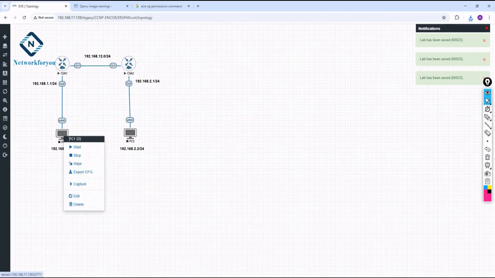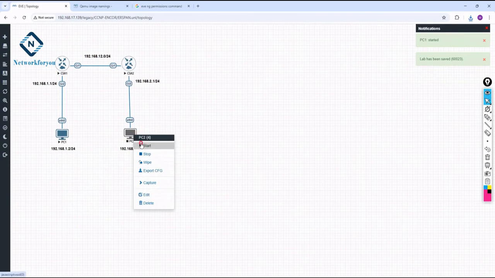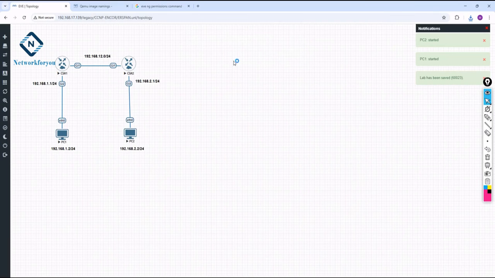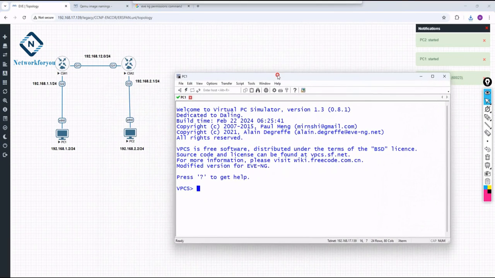Okay, now we can power on this computer, and we can assign the IP address to this PC first of all. So I will go here, we will assign the IP